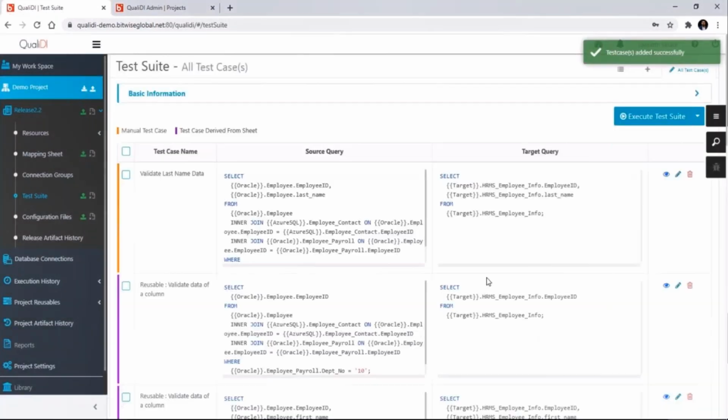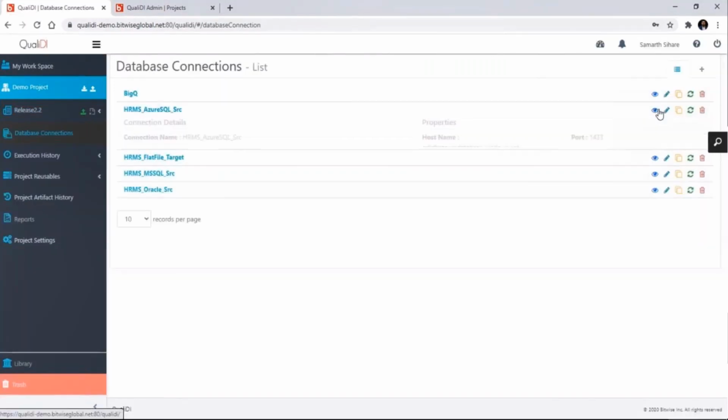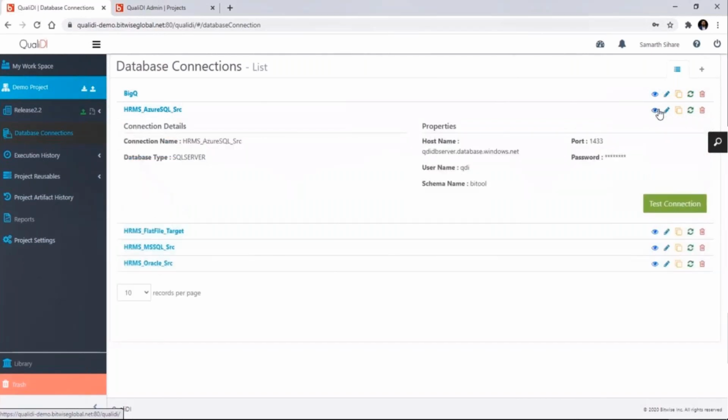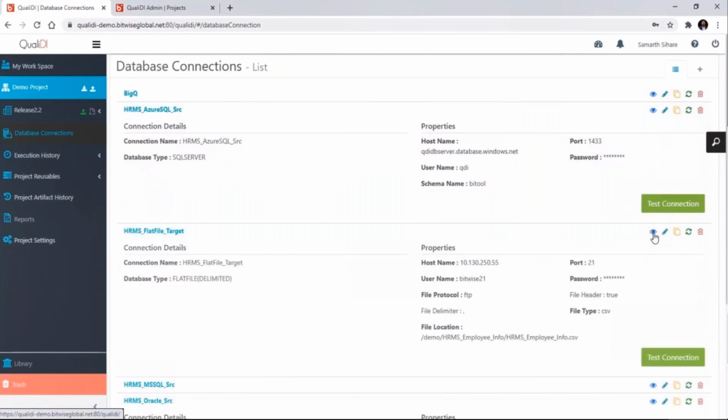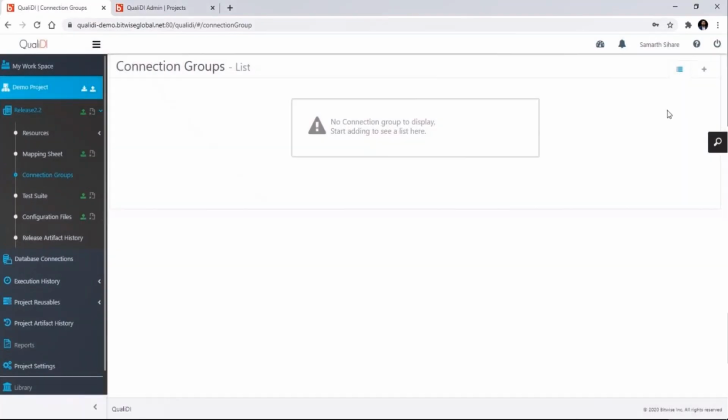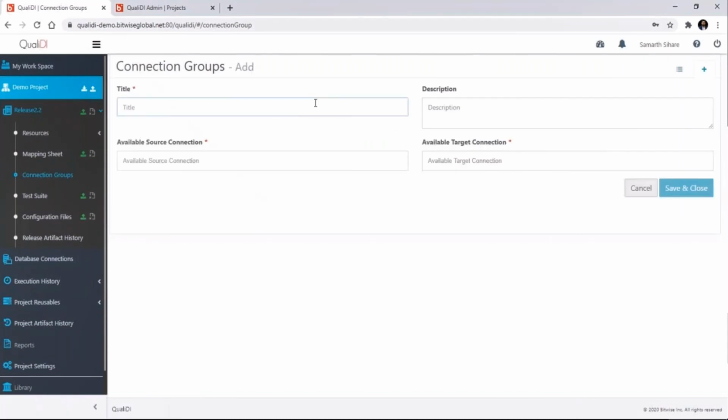And now we want to execute this test suite. For that, we need certain configurations to be done. First thing, we need the connection to the source and target data stores. In our case, we are using an Azure SQL connection and Oracle as sources, and a flat file as the target. In order to let QualiDI know what are source data stores and target data stores, let us create a connection group here where we'll be defining what all sources and what all targets are being used.